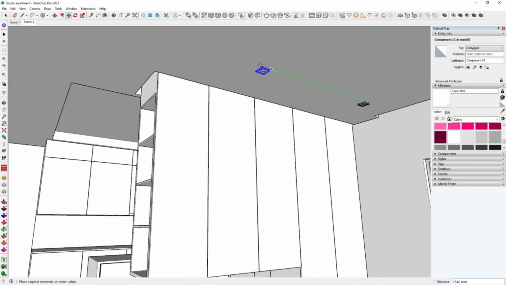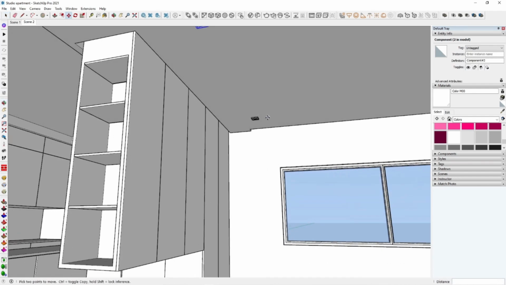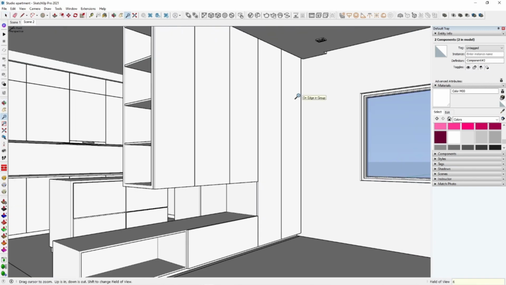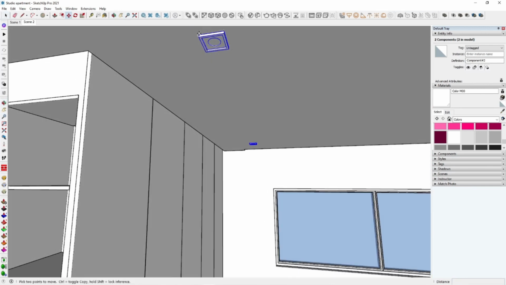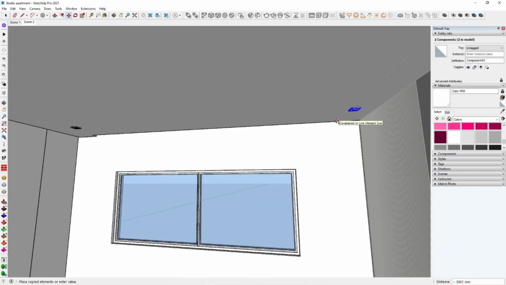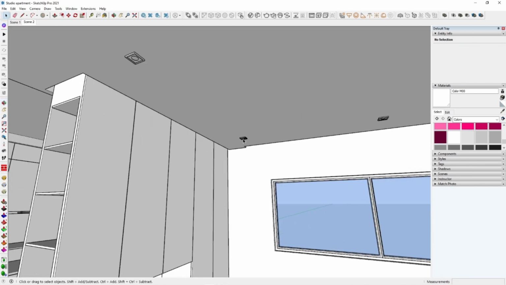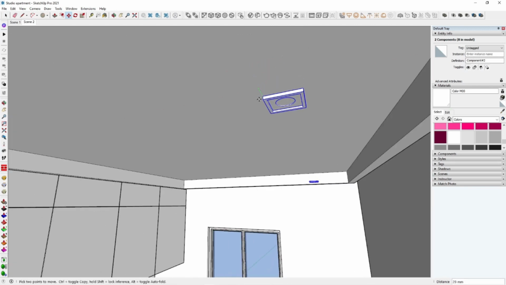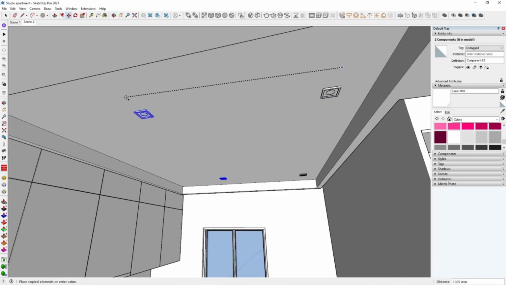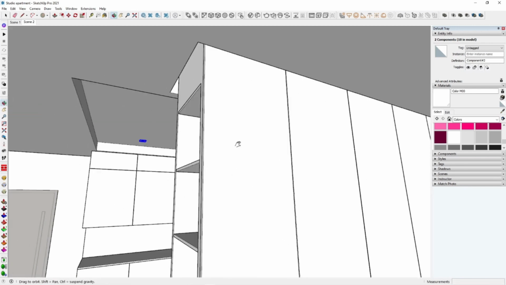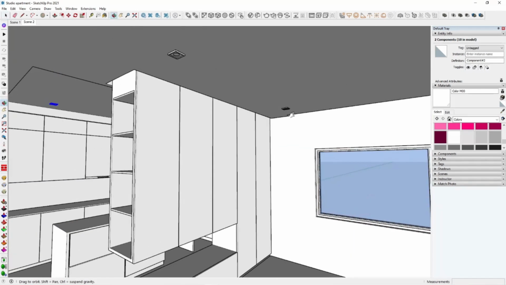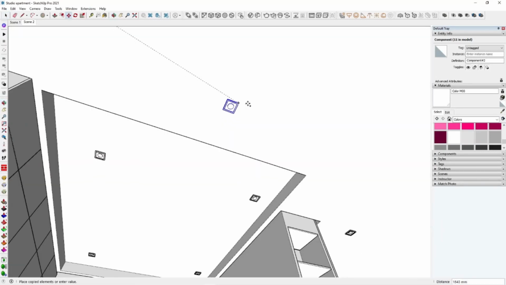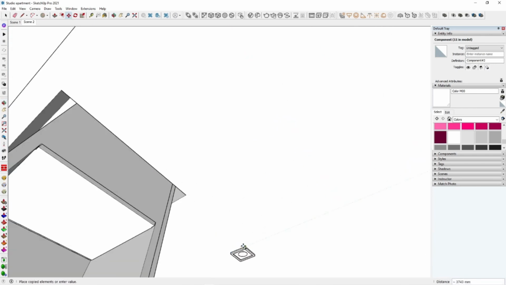So basically we have our lights. Let's have the same thing at the kitchen area as well. And also the walkway, aligning it to